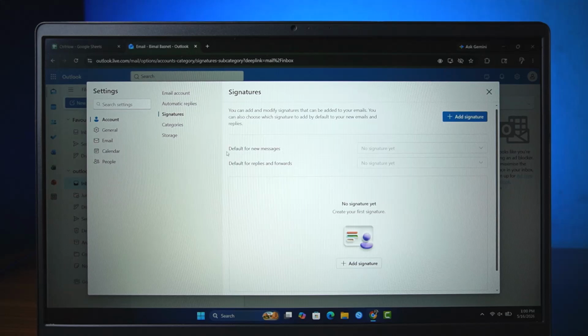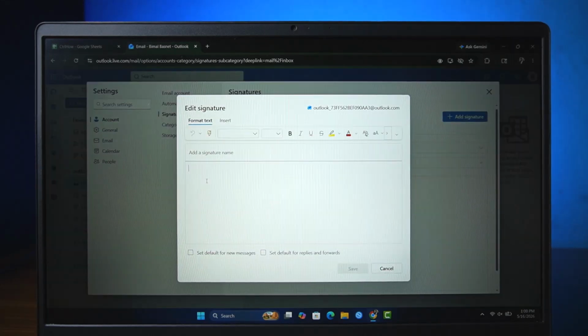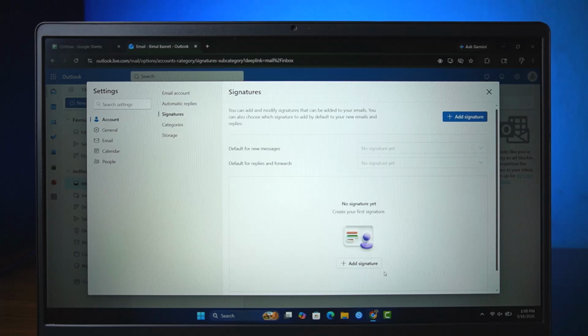If you've already added a signature, you can set default for new messages, and using this drop down menu you can change it. If you only have one signature, you can add another one by clicking on this add signature option and designing your signature in a way that you like it. I won't get through this in detail, but assuming you do have a signature, you save it,